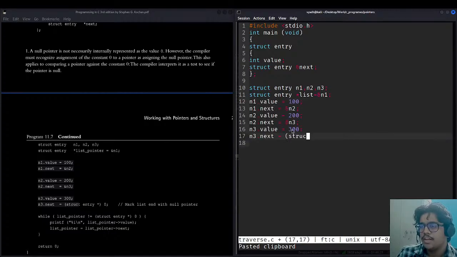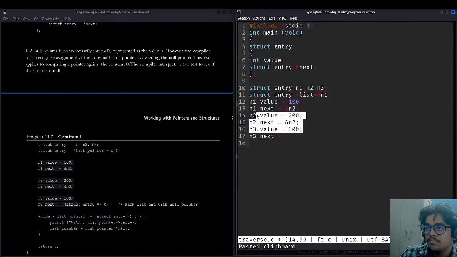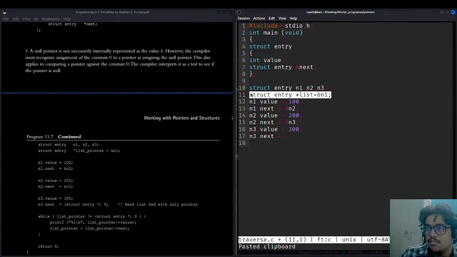I think we can make the changes in the old program. You should make the changes on the old program, no problem. So now what happens? Till here it is the same, this line and this line. This is the different thing that we have added here. We are marking the beginning of the linked list, and now we will mark the end of the linked list. How is it done?